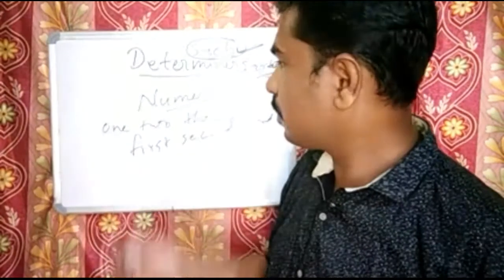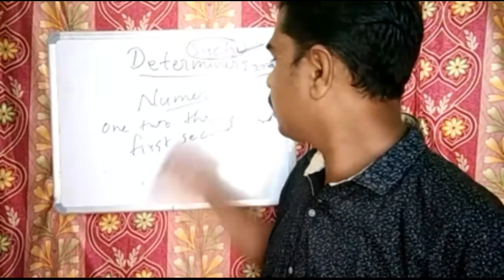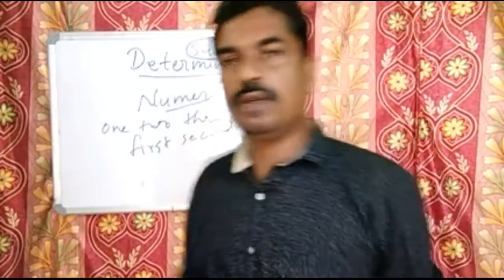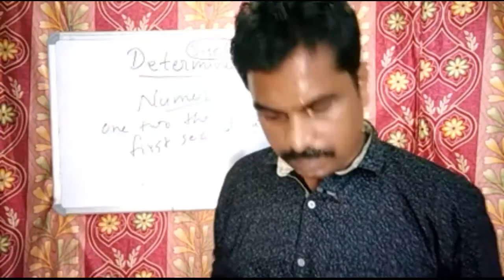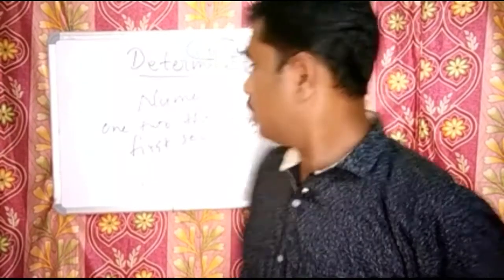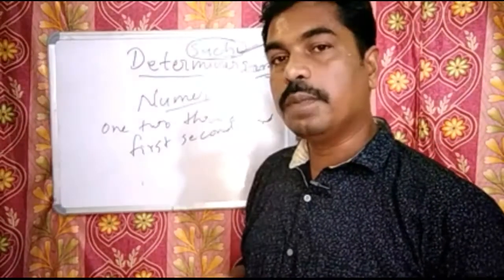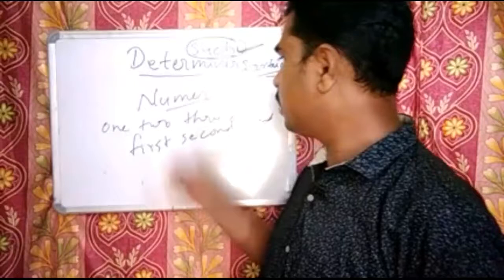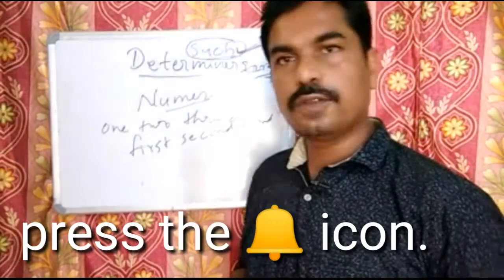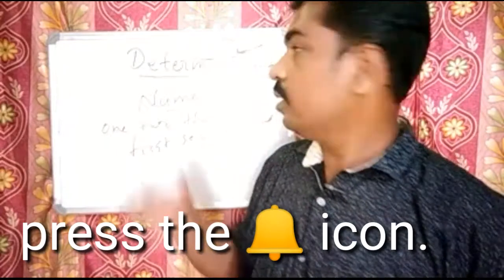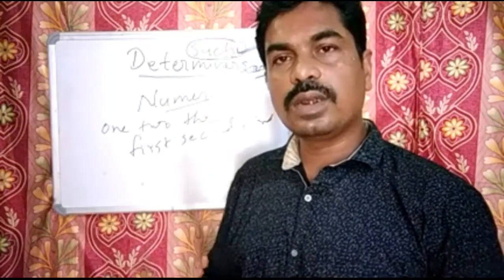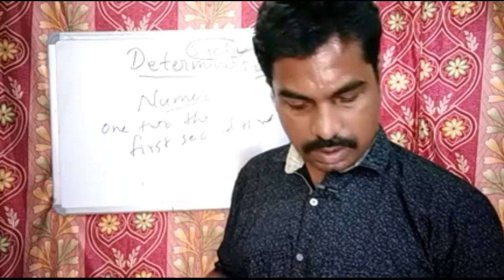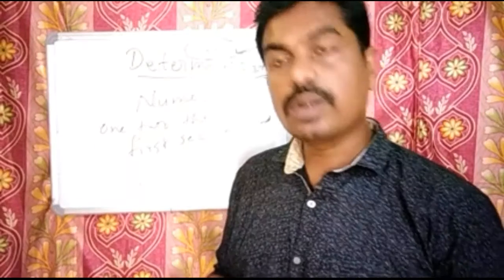Give me one pen. Give me 2 pens. Like that you can say. There are 4 boys sitting there. So we can use them like that. You have to remember these things. All these 2 groups of numbers, 1, 2, 3, 4, and first, second, third, fourth, also come under determiners. Then we have question words that also come under determiners, like which, what, whose. All these also can be determiners.